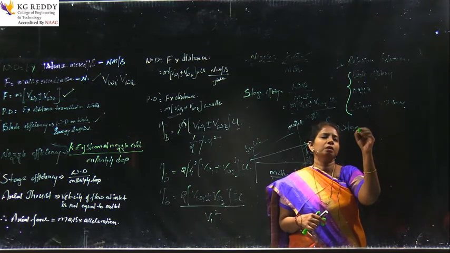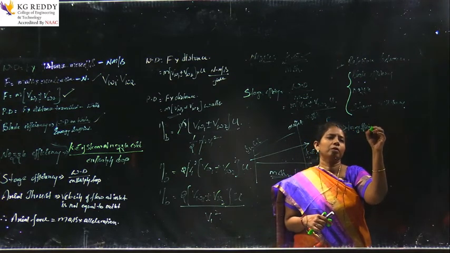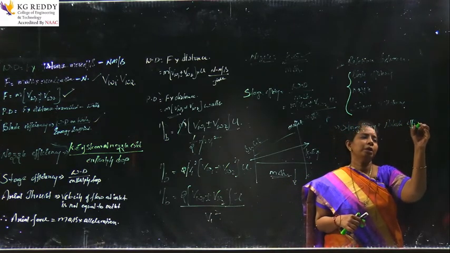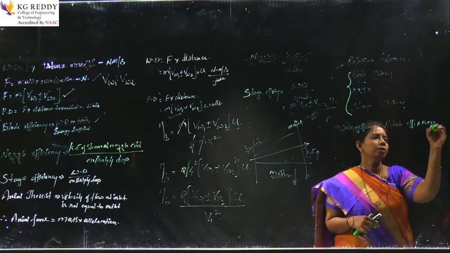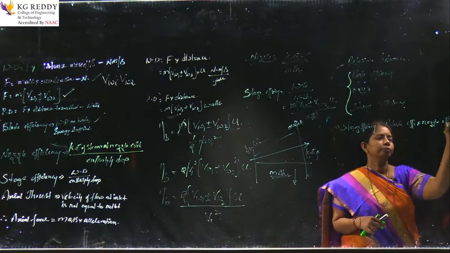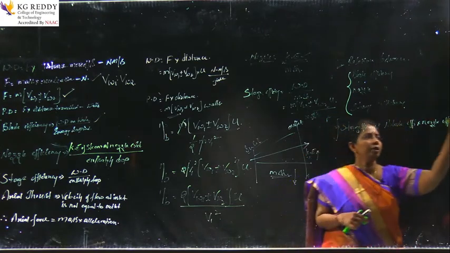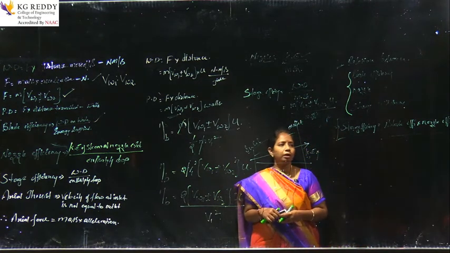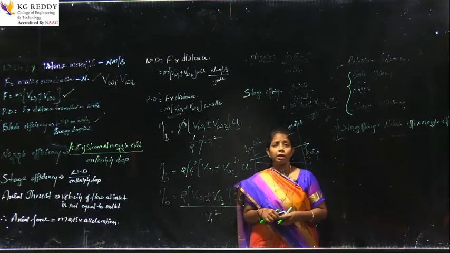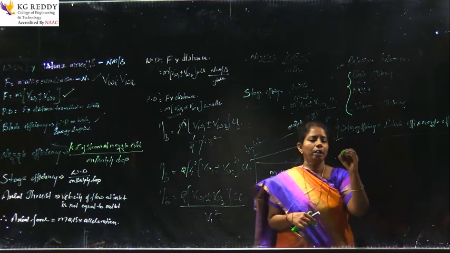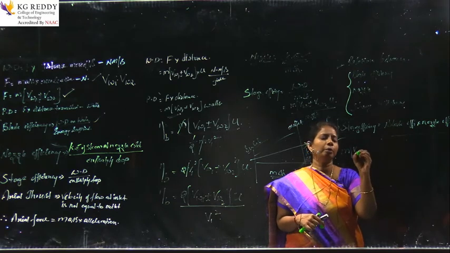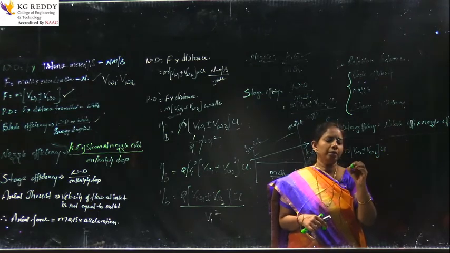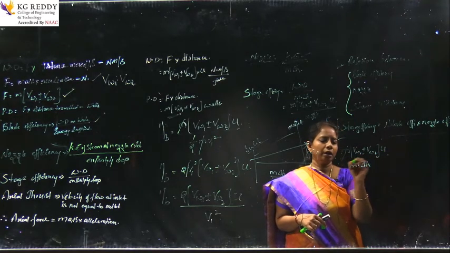Stage efficiency equals blade efficiency multiplied by nozzle efficiency. Please justify this statement. I said that stage efficiency equals blade efficiency multiplied by nozzle efficiency. What is the stage efficiency I have here? m multiplied by Vw1 plus or minus Vw2 U divided by m multiplied by delta H. Can I cancel m and m?